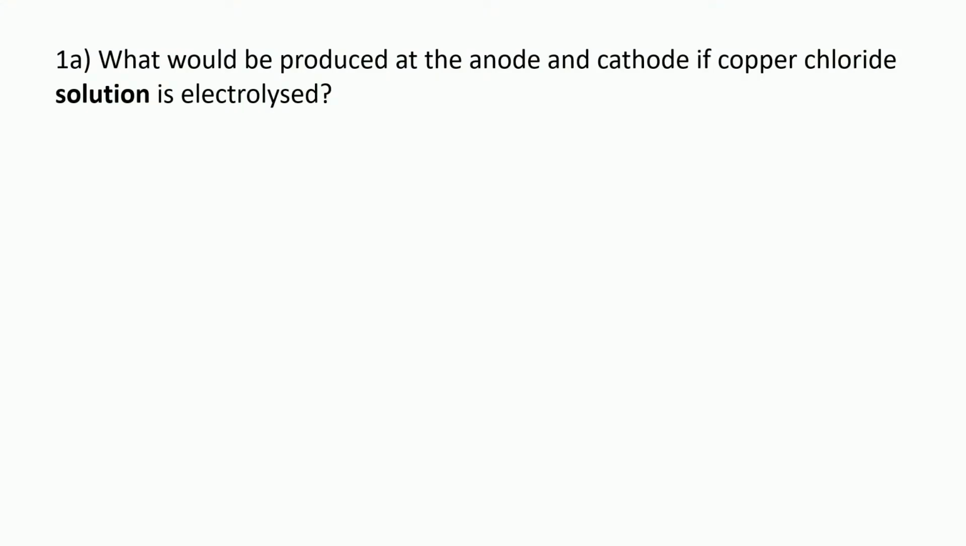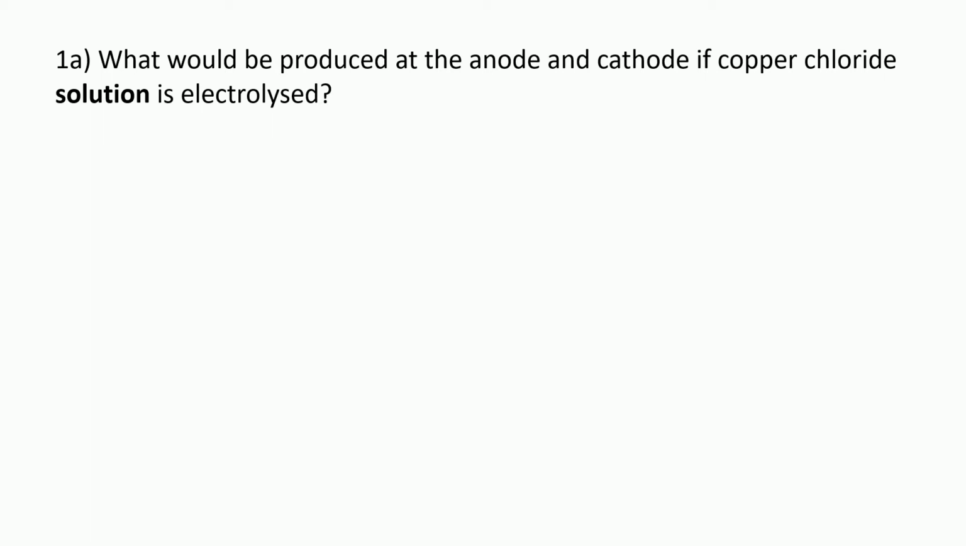So the first few questions will give us a little bit more practice at predicting what is made at each electrode during electrolysis, especially if we're dealing with a solution. So the first question says, what would be produced at the anode and cathode if copper chloride solution is electrolyzed? And the solution is in bold to prompt us to remember we've got water in there as well as the